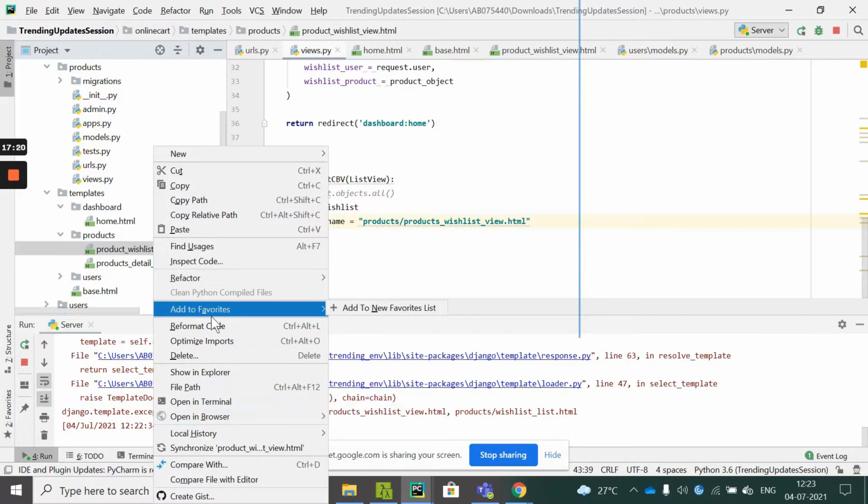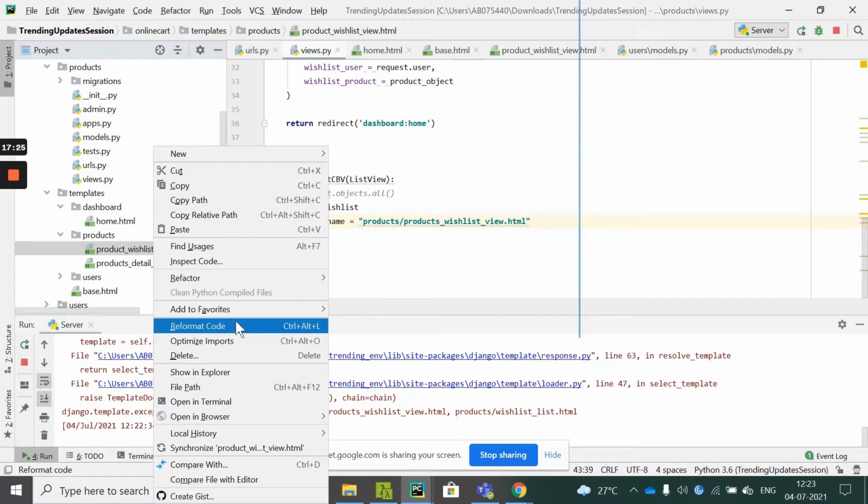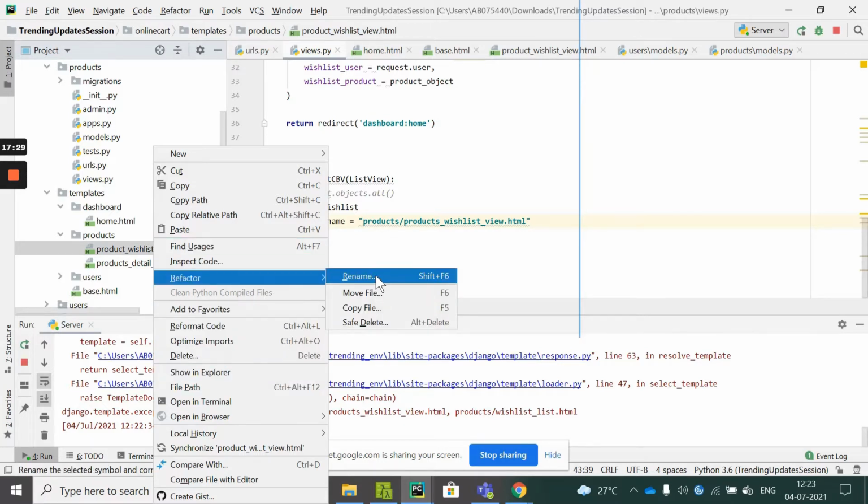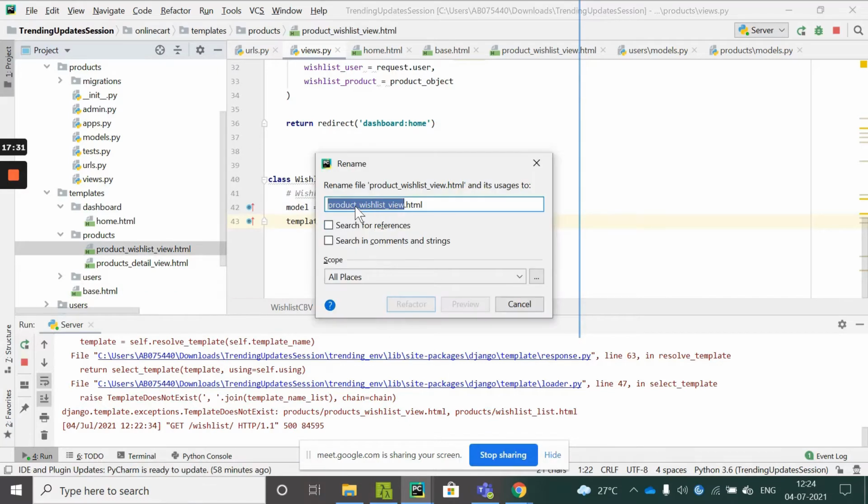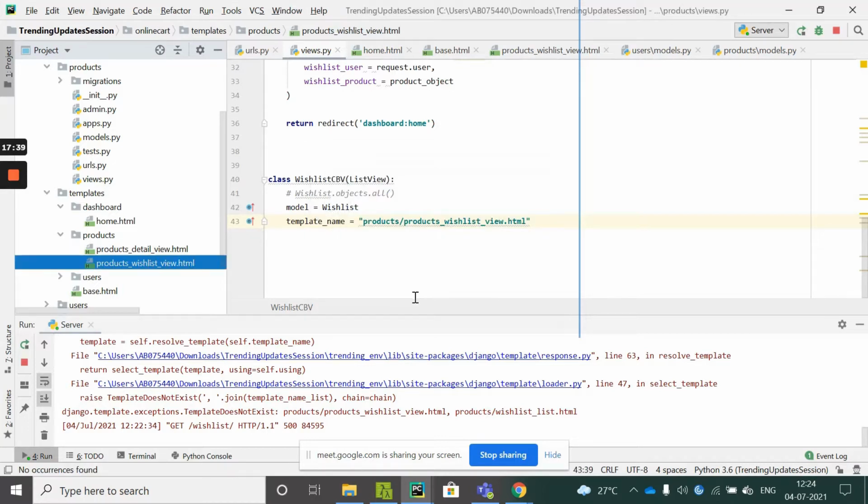You can refactor this name simply by right clicking on this, going to refactor and then rename. Okay, now I am sure it will solve our problem.